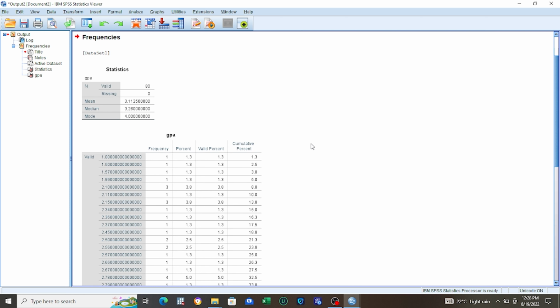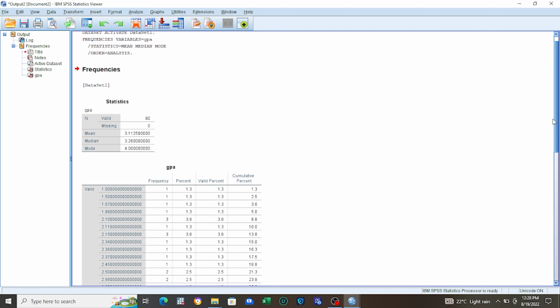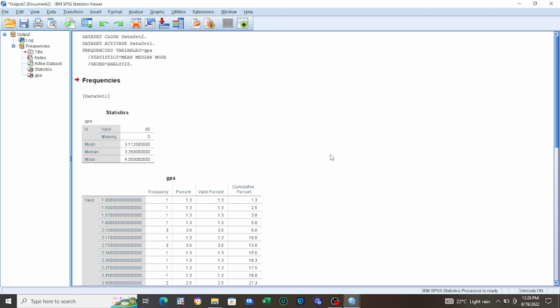Okay. On the output window, we see the results here. So we see the mean value for GPA, that the mean value is 3.1125. The median is 3.26. And the mode is 4.0. So we have very close values between the mean and the median, and the mode is a little farther